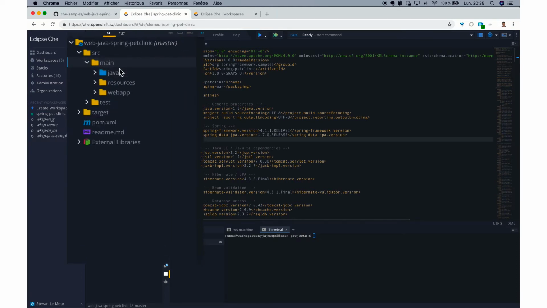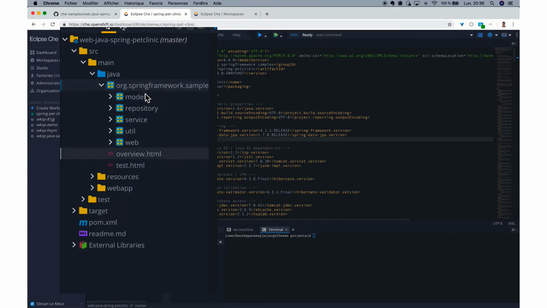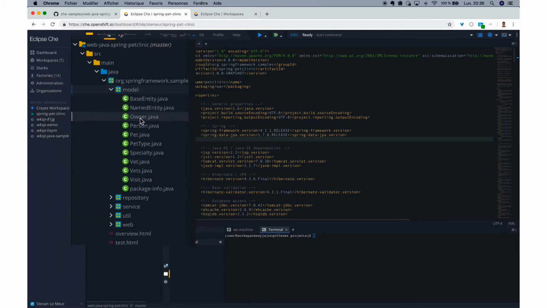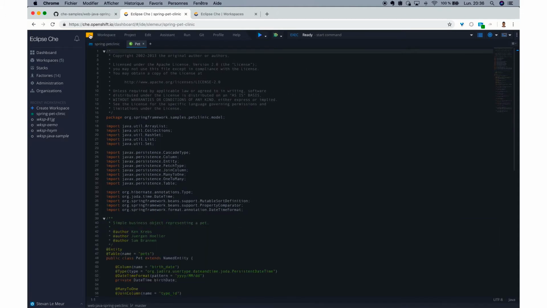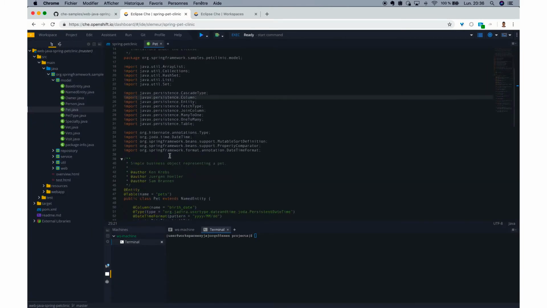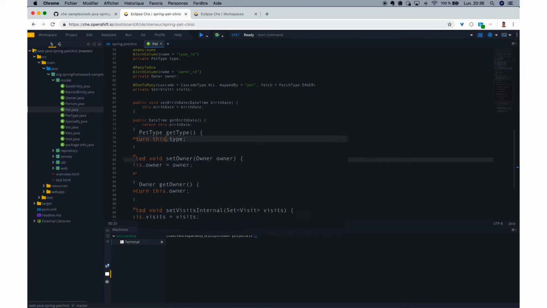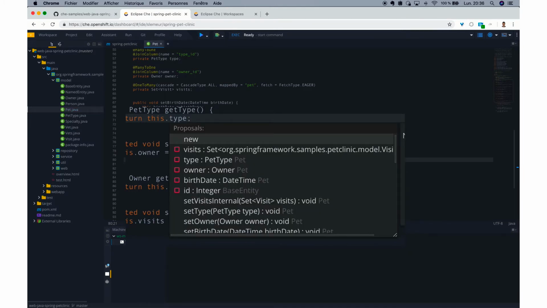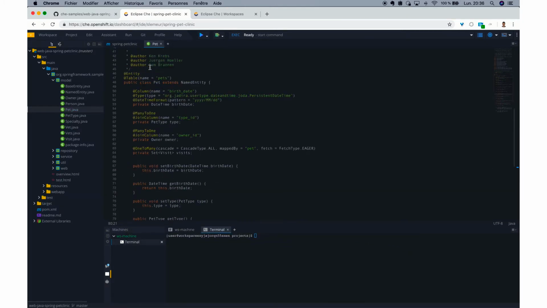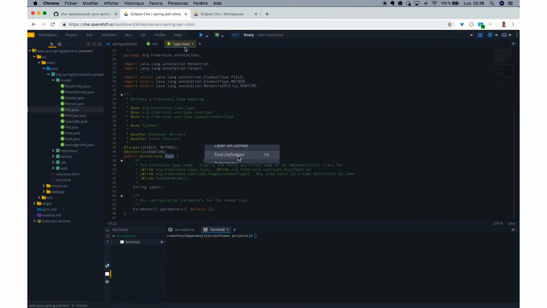I can see the different packages and the classes within them. If I double click on the tab, I get a bigger view of the file. I can also remove the sidebar to focus on the code if I want. This is the basic layout of Che. So the editor provides code completion as you would expect from an IDE. I can also navigate to the definition of a class if I want. And of course, I get refactoring, renaming, and move capabilities as well.